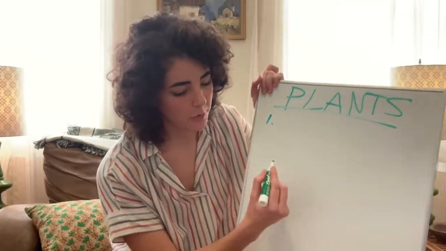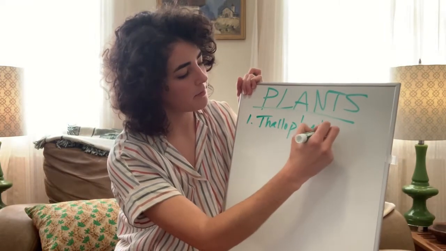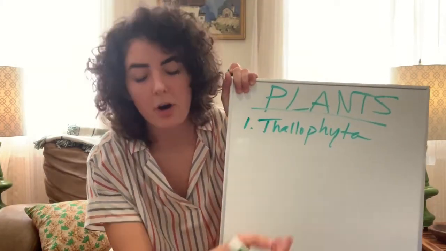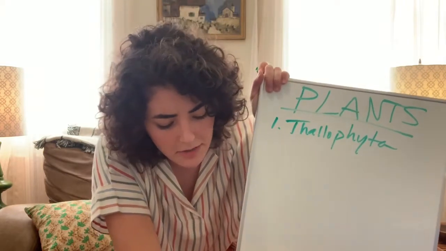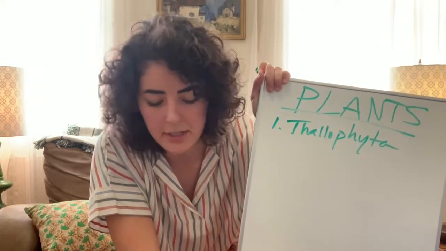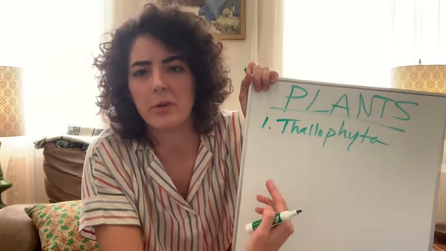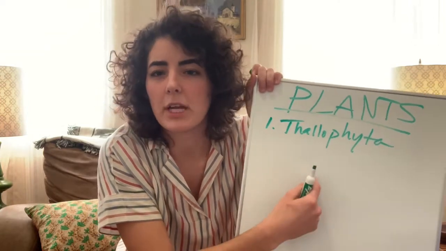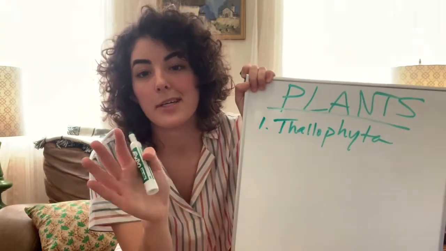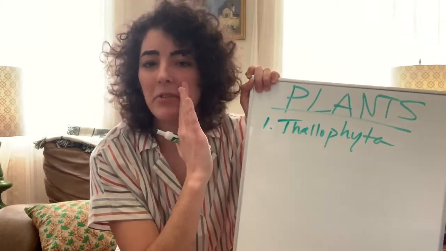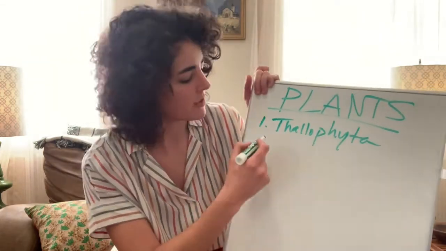So our first group is Thallophyta, the thallophytes. These are the boring ones that we're not really going to talk about. Thallophytes lack a well-defined body structure like leaves, roots, and stems like every other plant has, so they're weird. Pretty much this is just green and brown algae, which are not technically algae, but anyways, it doesn't matter all that much because we don't care about them. So, skipping over the thallophytes, weird algae stuff, don't care.